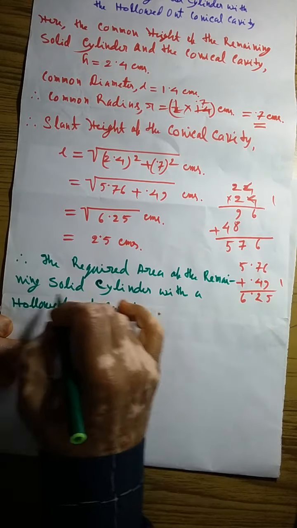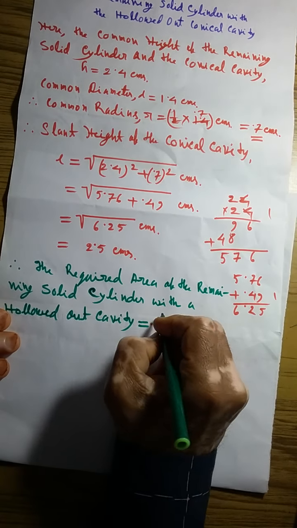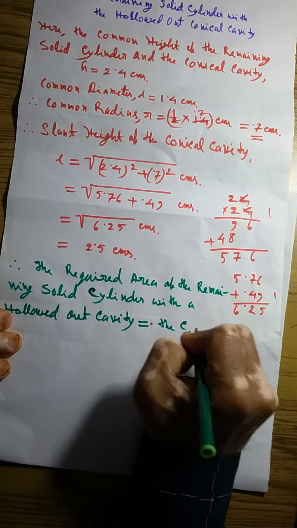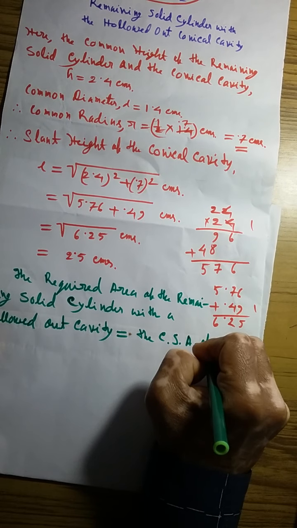Required area of the remaining solid cylinder with a hollowed out cavity is equal to the curved surface area of